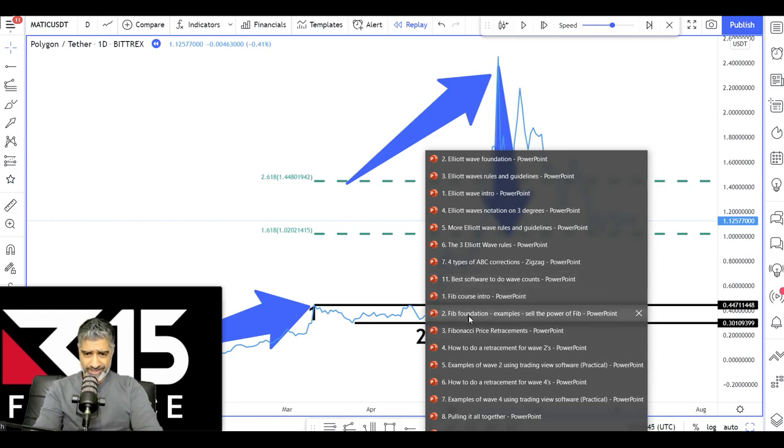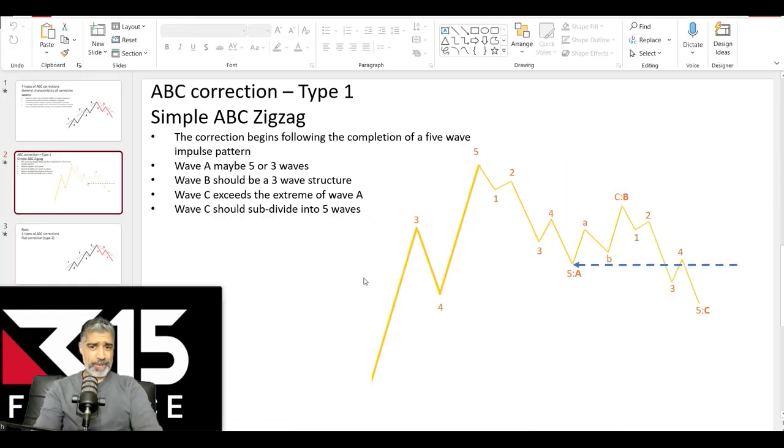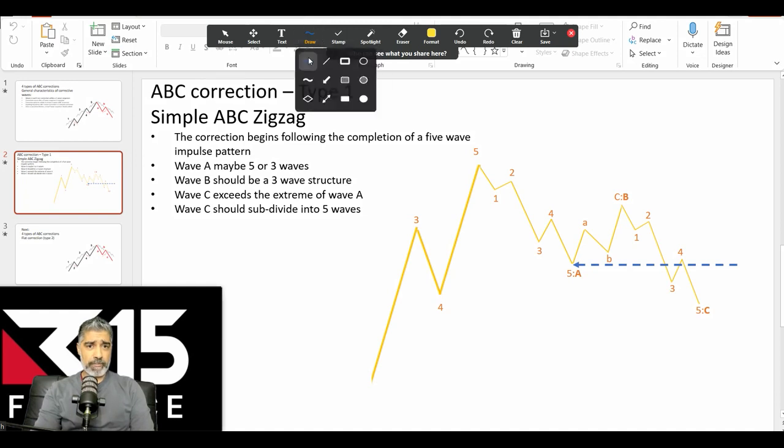I think it was this one. I've got quite a few lessons for you. There we go, this one here. ABC zigzag. Watch out for it. Because when it breaks down, especially when it breaks down into this part here,